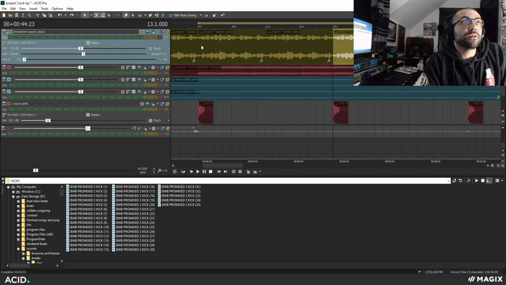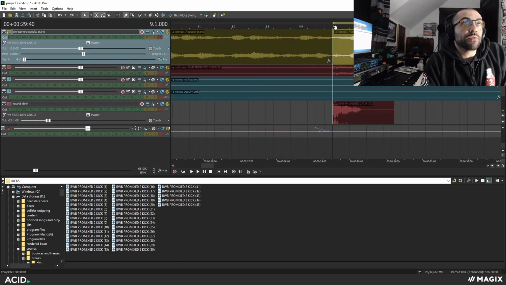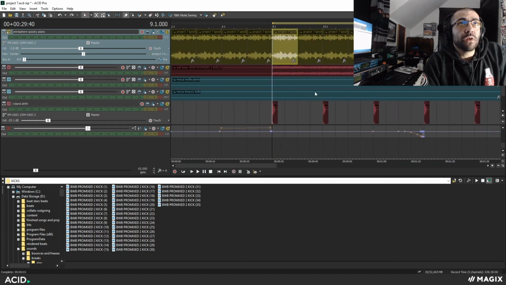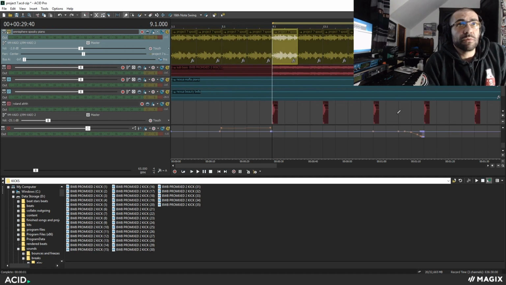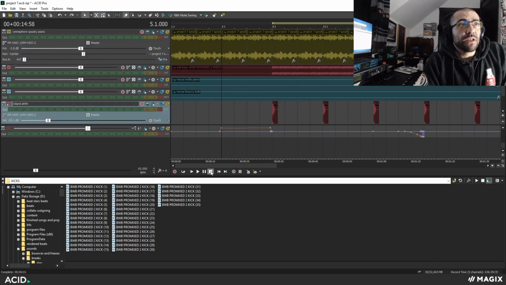You can see right here, this is the beginning of the 9th measure, 9.1, the downbeat. The first beat. Here's the second beat of the 9th measure, the third, the fourth. Here's the first beat of the 10th measure, and so forth. So I like that I can do the sequencing and the production, the pre-production, and the recording too, all in the same DAW. You'll also notice that in the intro here,